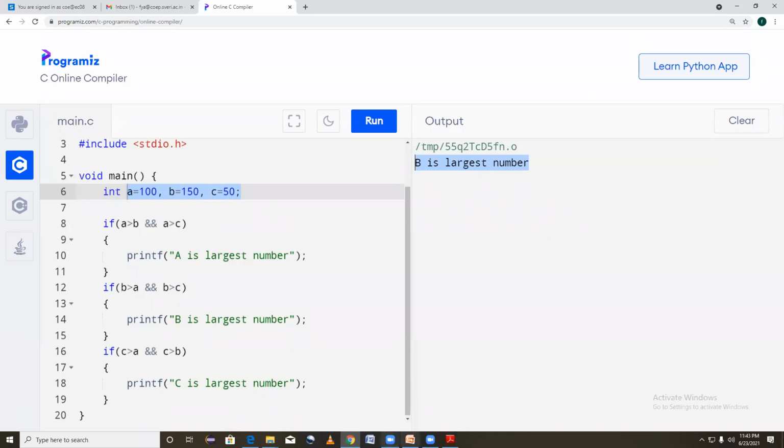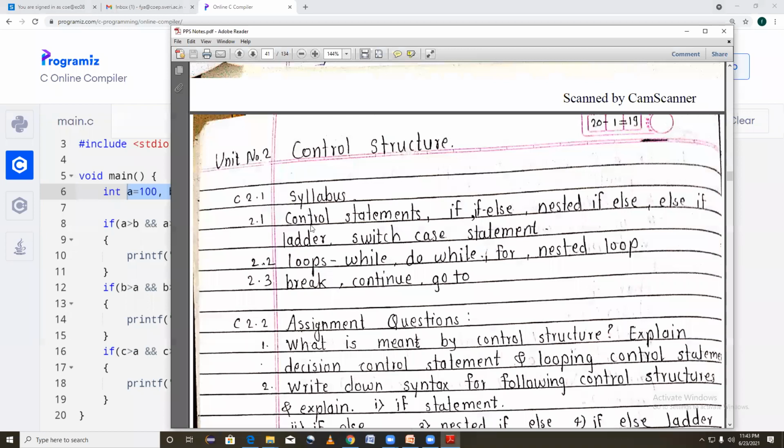Okay. So we are here at the control statement. Okay, now focus here on the control statement. If you remain for the implementation, you will get the introductory part. You will not get the introductory part of this control structure. Okay, so be on the screen now. Okay, now we'll start.